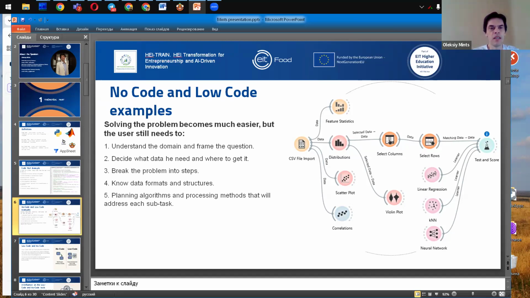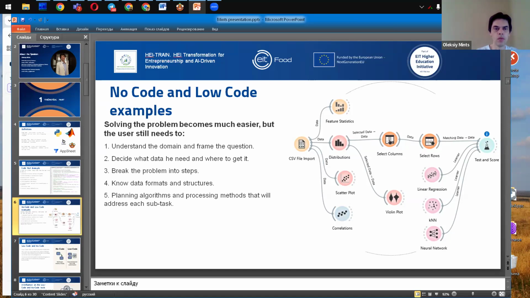However, it can be created in a few minutes. Any improvements of this workflow are also much easier. And if we have time, I plan to show you how to create this workflow.